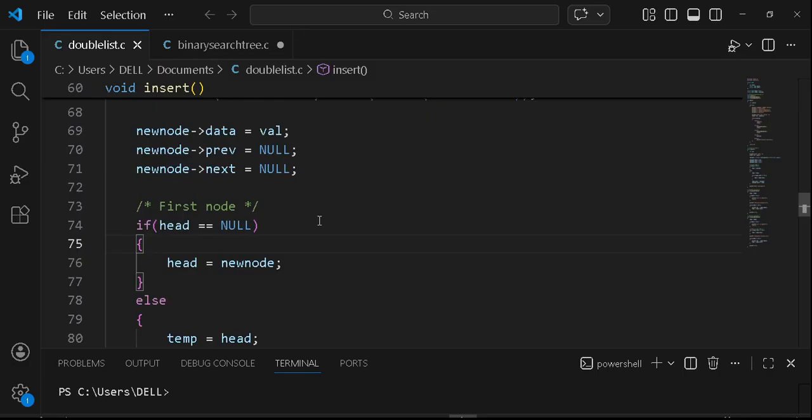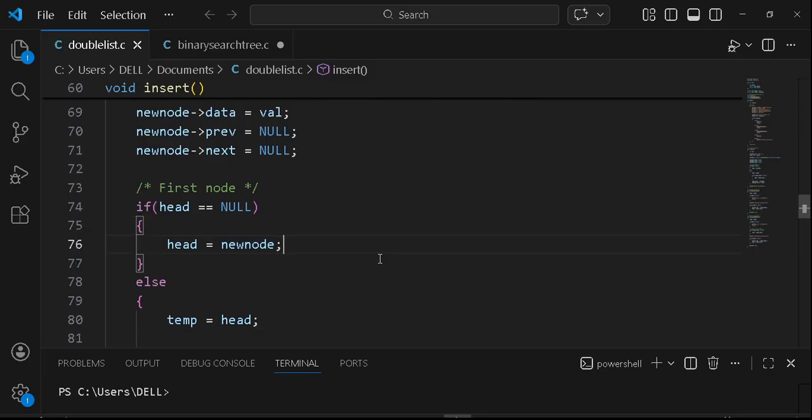We have initialized head to be null in the global variable declaration, and if head is null, it means the insert function is being called for the first time, and the new node will be assigned to head so that head can point to the newly created node. Otherwise,